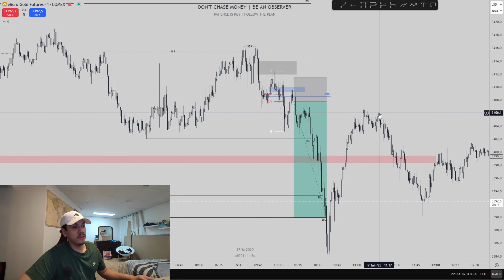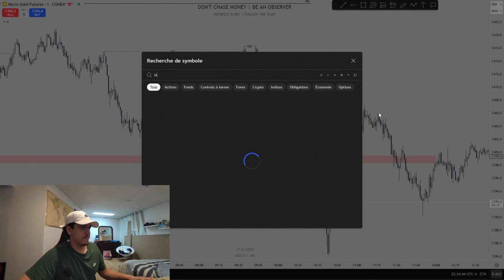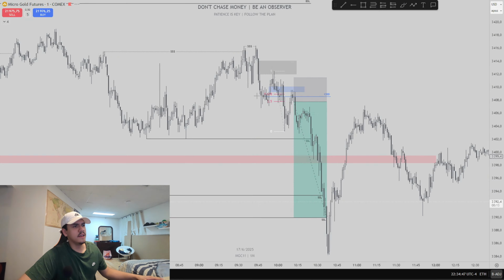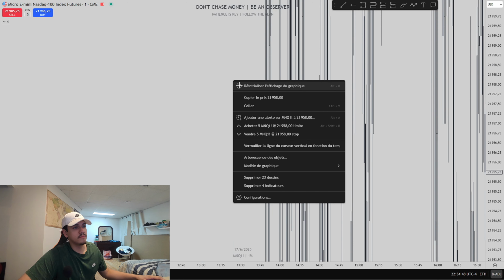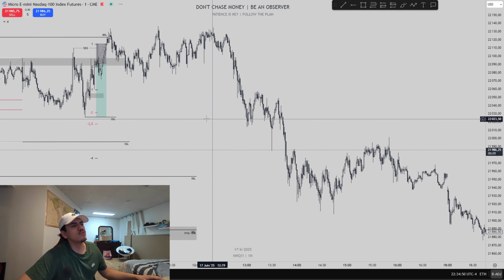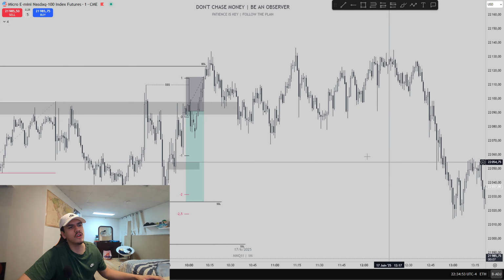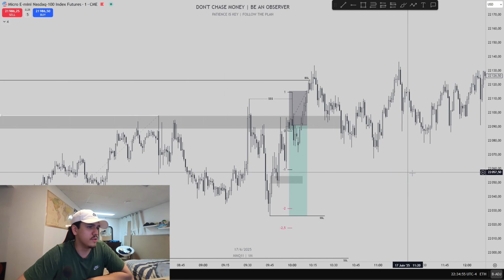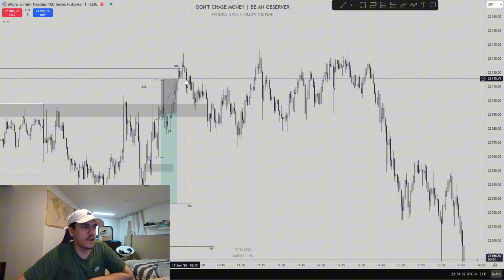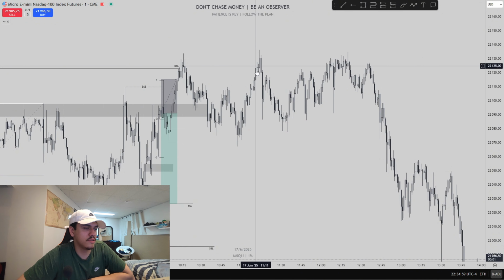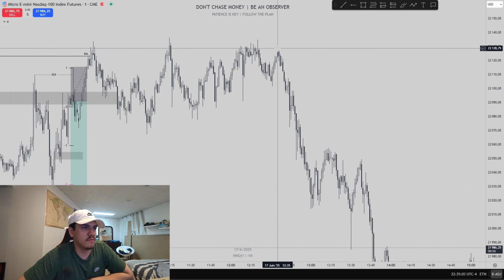And yeah, it wasn't the only trade that I took today. I traded on Nasdaq too, and on Nasdaq I lost. It wasn't too much, like 100, something like that. As you can see, I got stopped out right there. Then the price chopped a little bit right there, ranged like this, and then sold off.